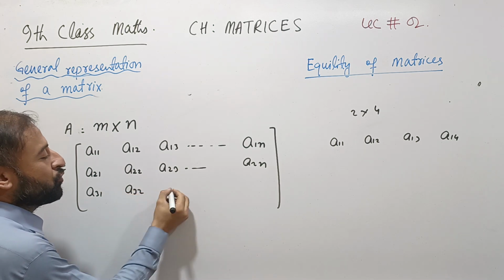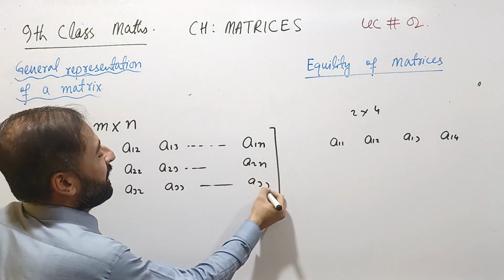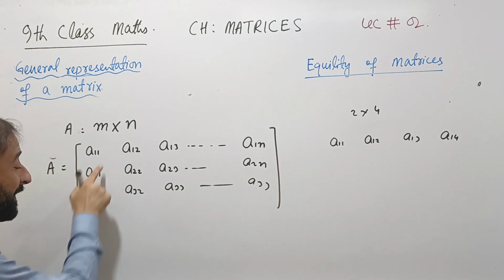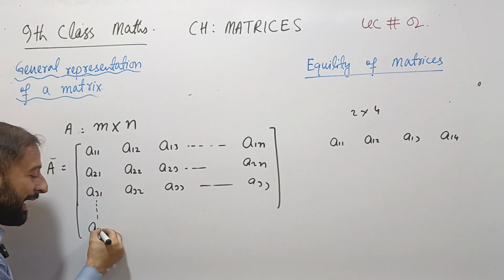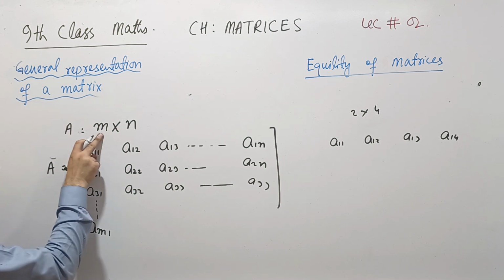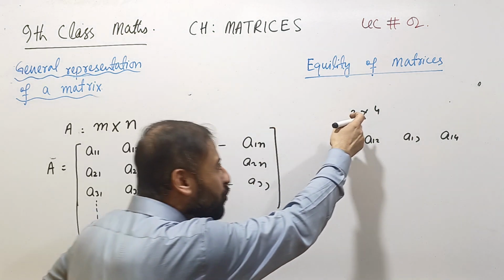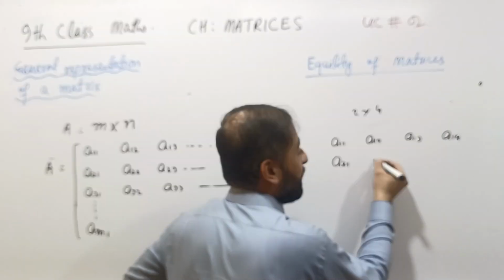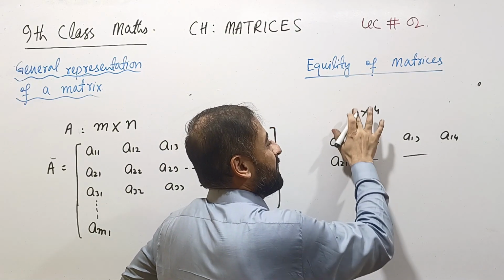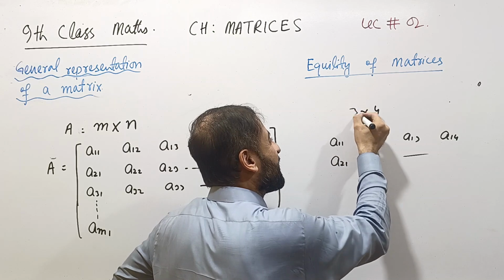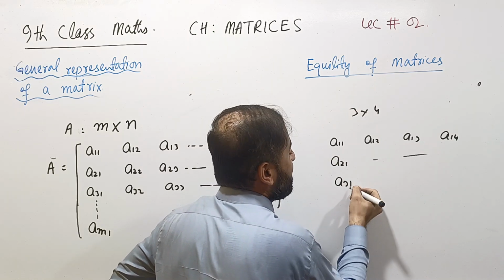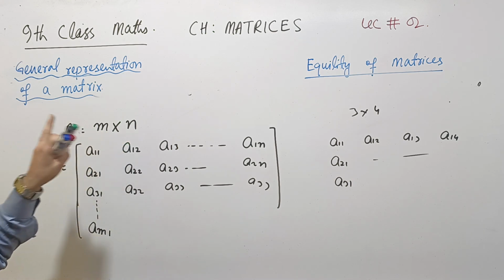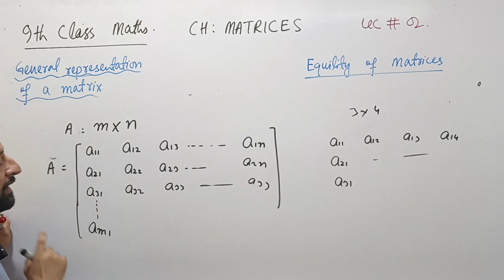A31, A32, A33, A3N. So it will go on, and the last element of this first column will be M1 because it has M rows, like it has 2 rows. So the last element of this column will be A21. If the size were 3 by 4, then the last element would be A31. Here, the total number of rows are M. So the last element of the first column will be